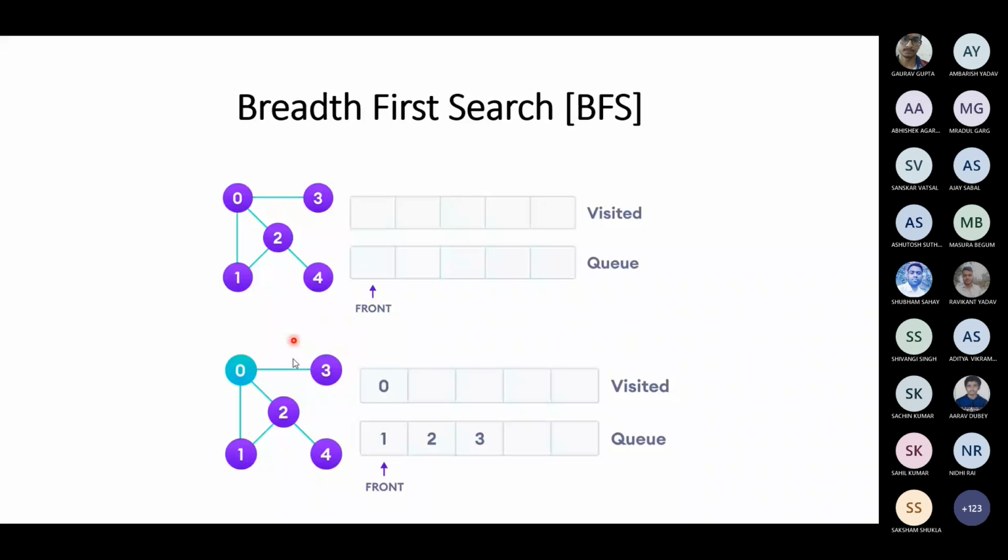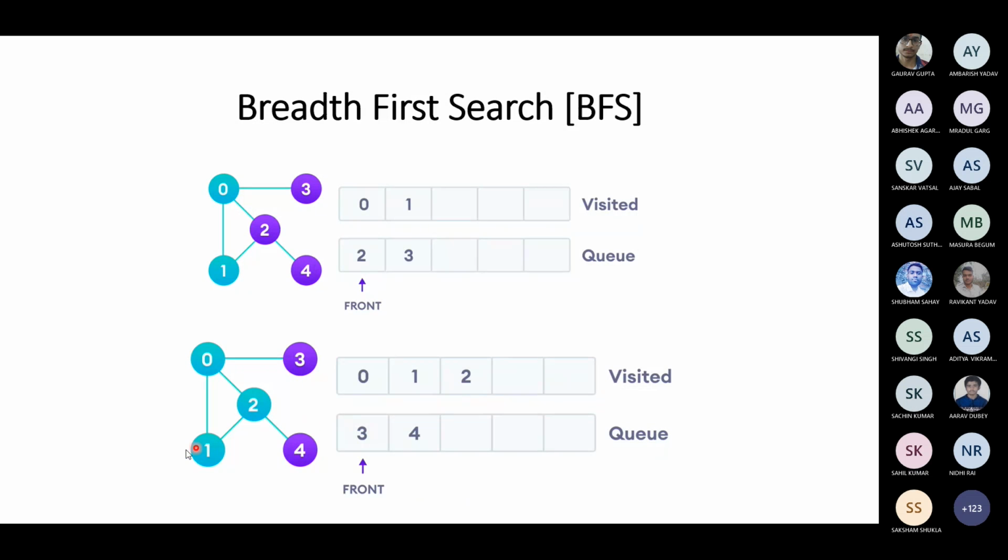0, we will consider that as node 1. We inserted the elements 1 2 3 into the queue, because this node has edges 1 2 3. So this is the front node. The order in which you place them depends on that again. Suppose 1 is the first node, you are visiting the node 1. Then the element 2 is already there in the queue, so you no need to push that. So you visited node 1, then you go to node 2. After node 2, 4 will be inserted at the rear.